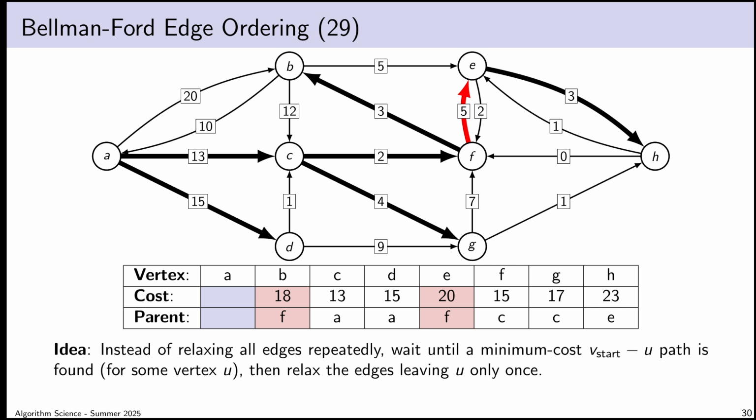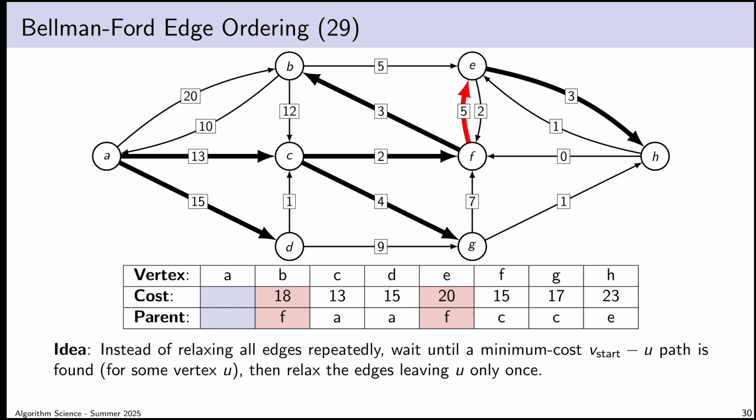So of course, we've come up with a few conjectures, basically. We've observed the way the algorithm works and derived a few suspicions about ways we might speed it up. And I think the best way of encapsulating the idea that we can work forward with is this one. Instead of just relaxing every edge over and over again, we wait until we know that relaxing the edge will be meaningful. In other words, we wait until we know that the source of the edge has been locked in permanently at its minimum cost, and only then relax the edge. If we can do that, and maybe we can't, but if we can, then the relaxation only has to happen once. And if we think about that over the course of the entire graph, that means that every edge of the graph only gets relaxed once.